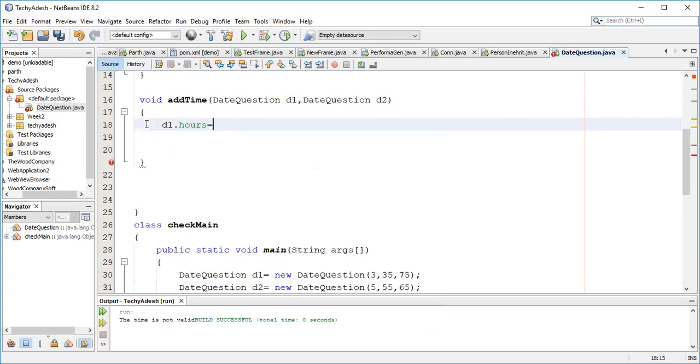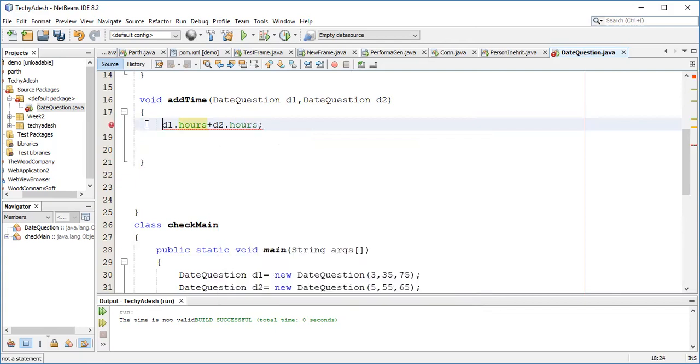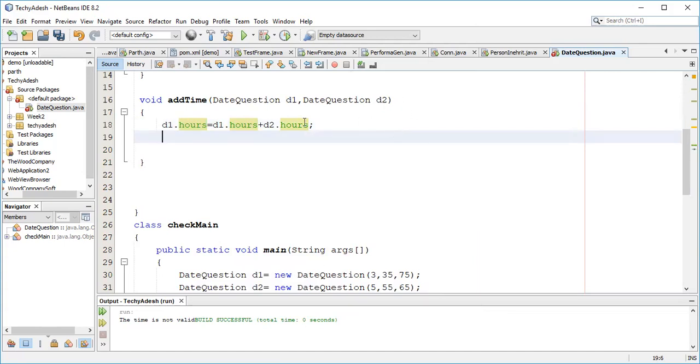Suppose I am adding two values, d1.hours and similarly d2.hours, and I am assigning the result to the d1 object. I can even create another object or another variable, but I am adding both values d1 and d2 and storing the result into d1. I'm not taking a third variable, right?